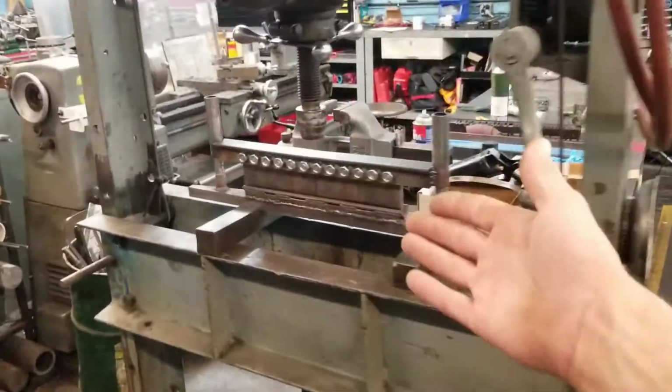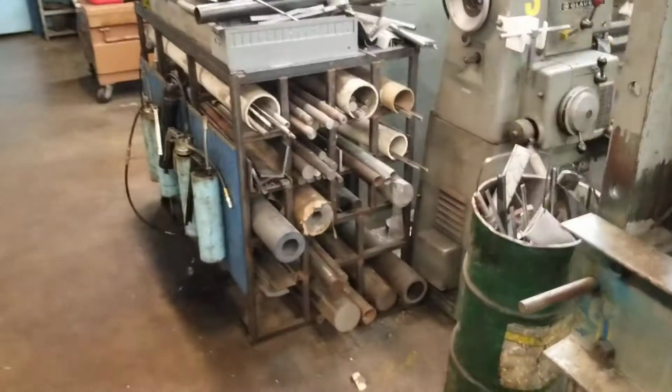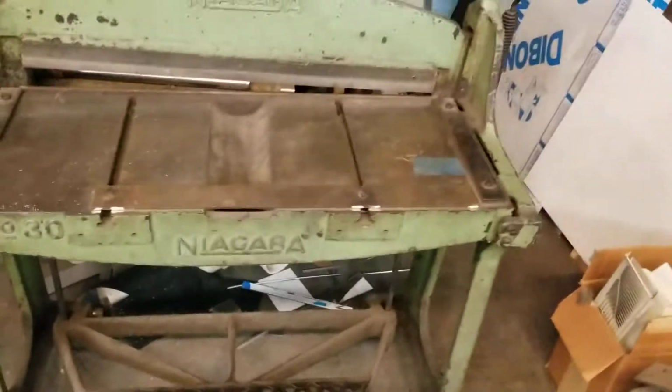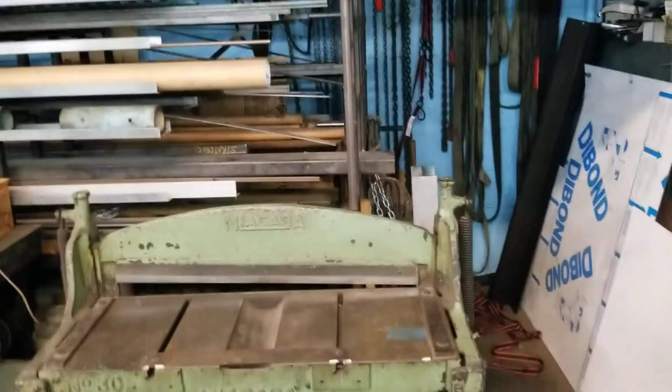This is like a homemade metal bender. Bend metal with it. Ted made that. Some more stock metal. Grease guns. Foot shear comes in handy. I like using that thing. It doesn't cut super thick stuff, but